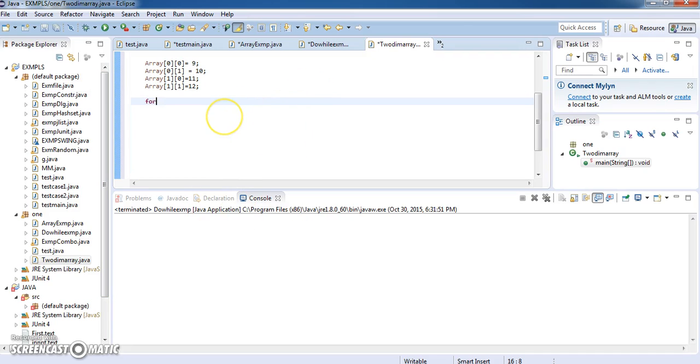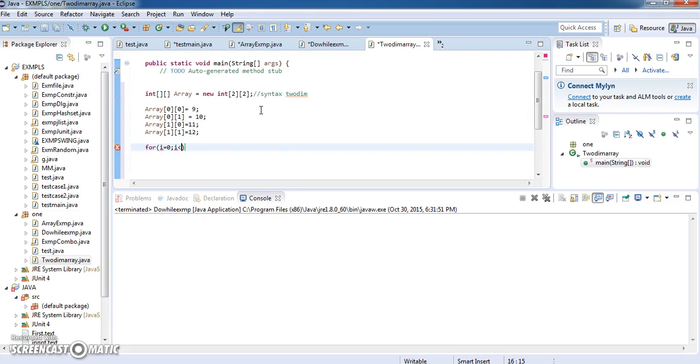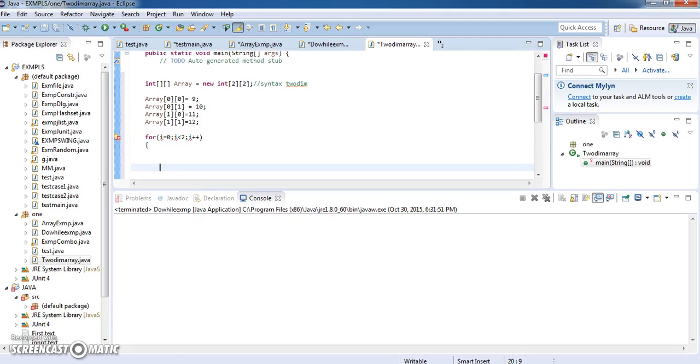So for that I am just going to take 2 loops here. One is I initialized with 0 and my I less than. So how many elements am I having? 0, 1. So I have 2 elements. So I have to start with 0. So 0 and 1 and 2. So it should be less than 2 and I plus plus. Right? And I have the inner for loop starting with j 0 and same, j less than 2 and then j